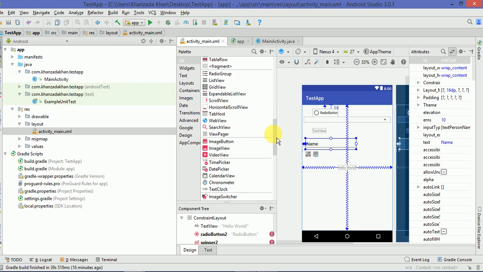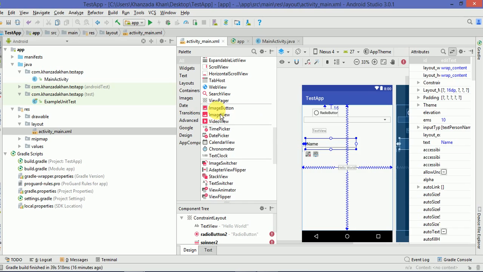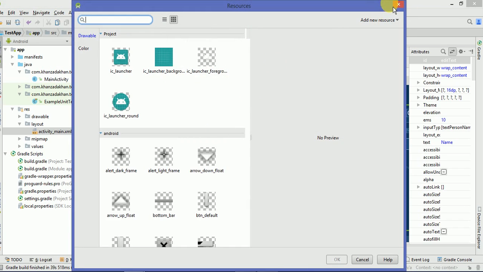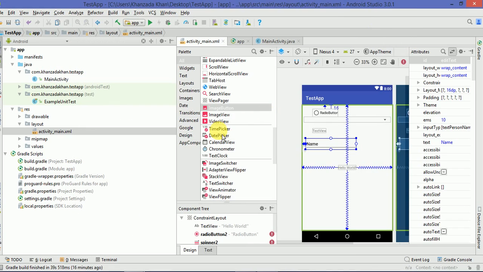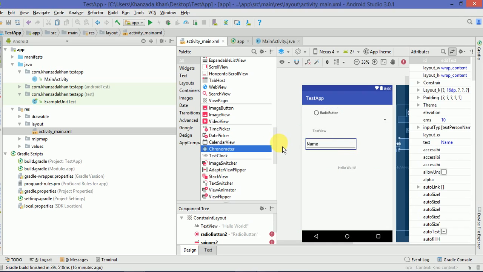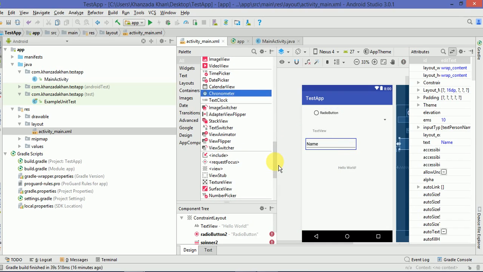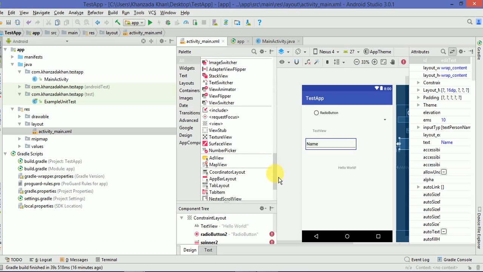All right, next we have an image button and an image view where you set an image. Okay, next we have here different kinds of time picker, date picker, calendar view, text clock, chronometer, etc. All right, next we have